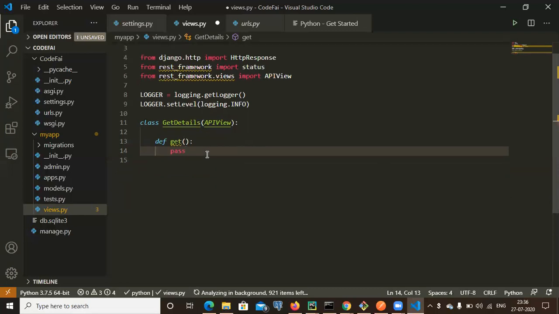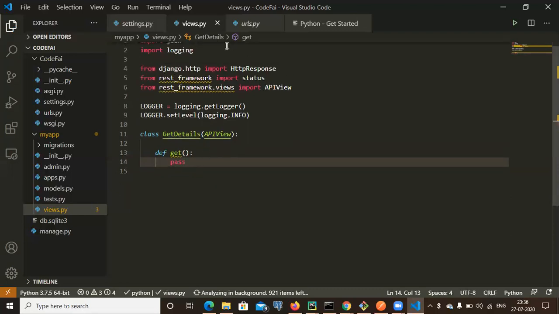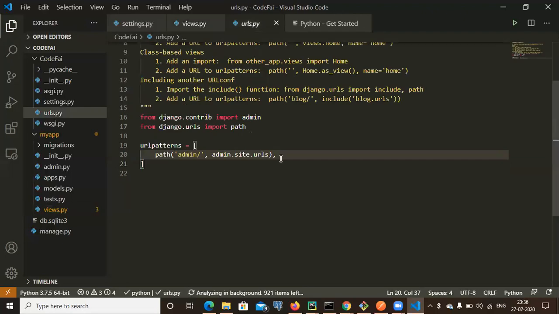So first I need to go inside this urls.py file.